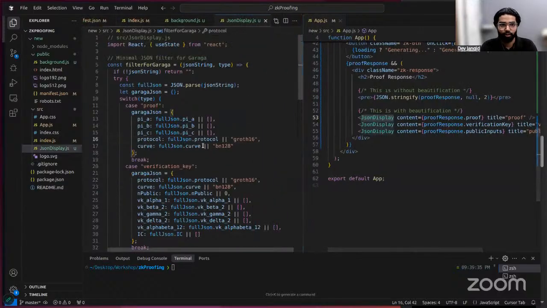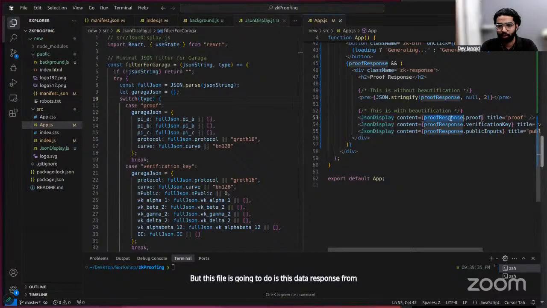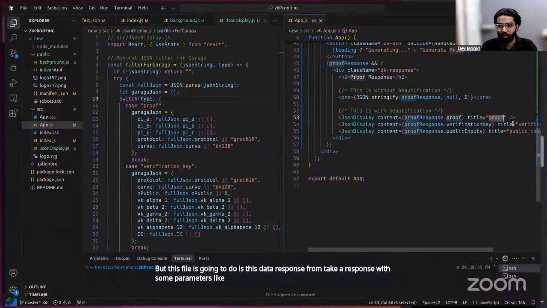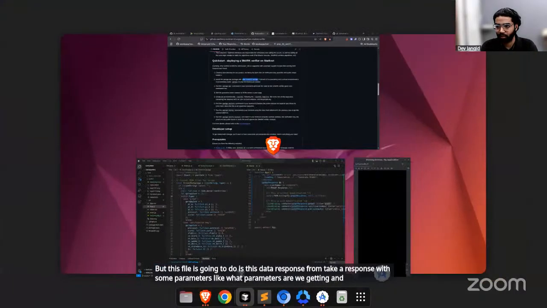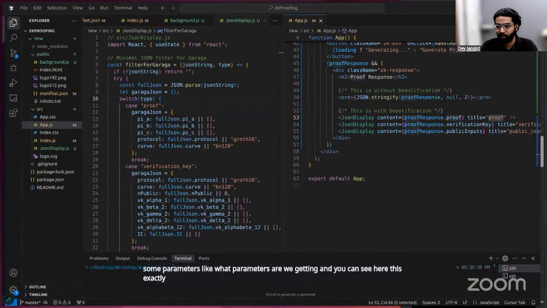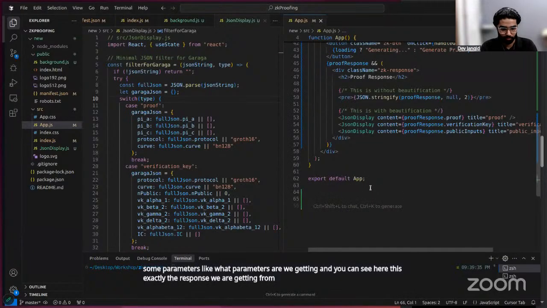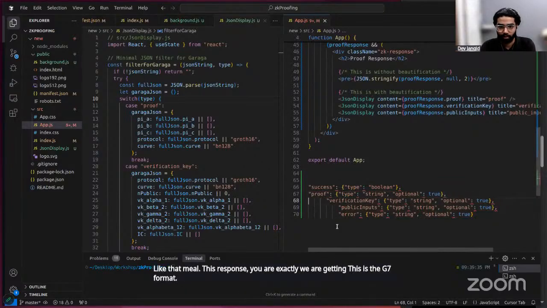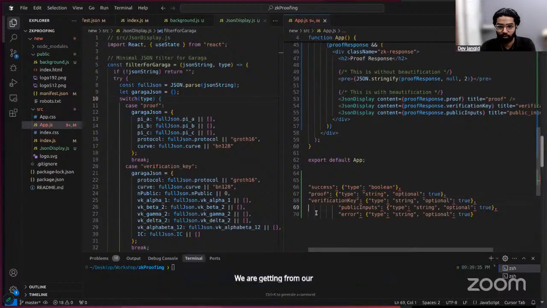What this file is going to do is take a response with some parameters. Like, what parameters are we getting? You can see here this is exactly the response we are getting. Let me paste it here. This response is exactly what we are getting. This is the JSON format we are getting from our servers, from our browser in a response to our API